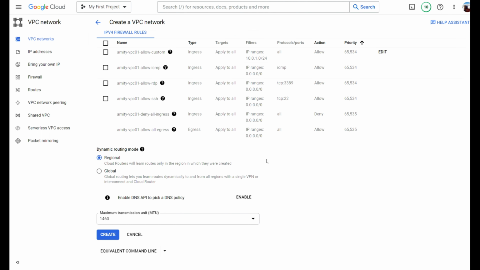Then dynamic routing, it's coming regional and global, and then maximum transmission unit. Because this is basic level and to get an understanding of all the major components, that's why I'm not going into details. So here if you click on create,